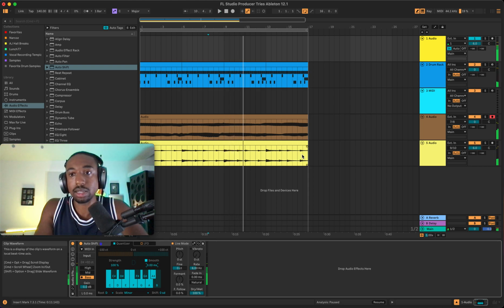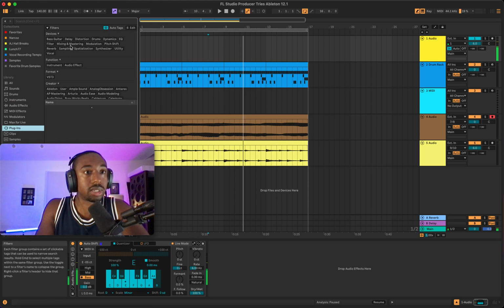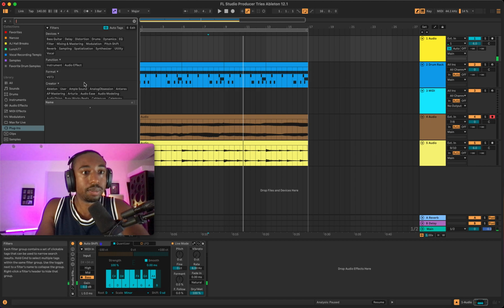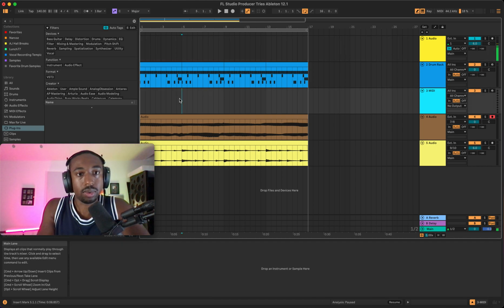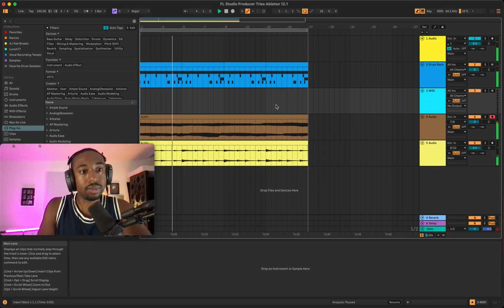I feel like this is not the key. This is why I need Scalar built into the DAW. Somebody do a deal with Scalar too, so we could just have it in the DAW. Does my Scalar plugin not load up? Oh man, that's whack. I don't even know what key we're in right now. I don't know keys off the top of my head. We gotta figure this out. Is there a tool I could use on my phone?